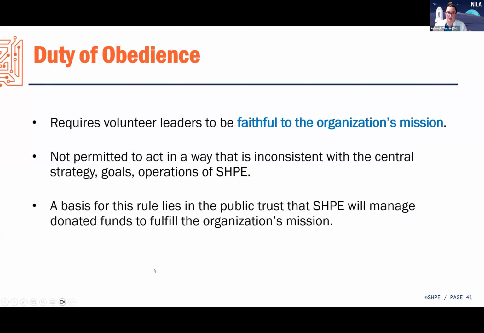And then the last duty that's important is obedience. So again, just being faithful to that organization's mission. So time and time again in this part of the conversation, you have to make sure that you follow our mission, that you are obedient to the mission, you're loyal. Essentially, SHPE's mission is going to be that guiding light for all of us. And so just making sure that you're consistent with our goals and mission. And the big part for this duty of obedience is just making sure you're using your funding correctly too,